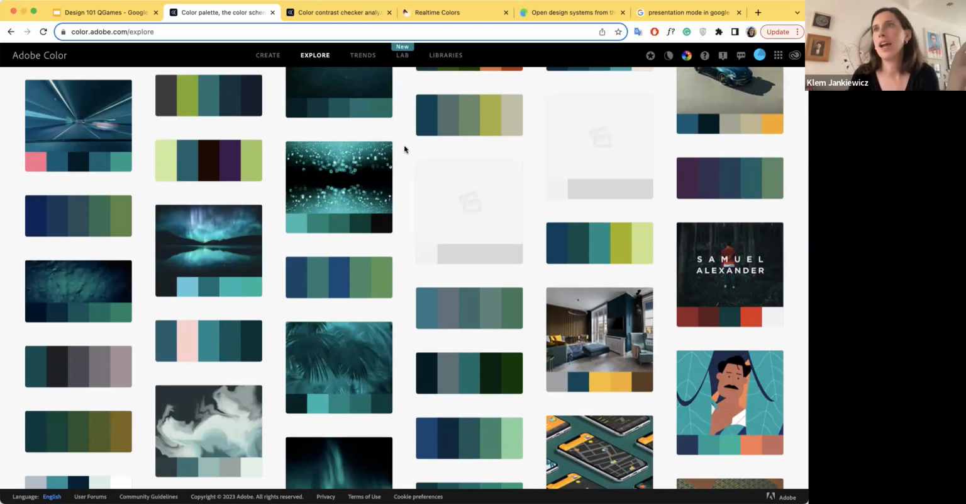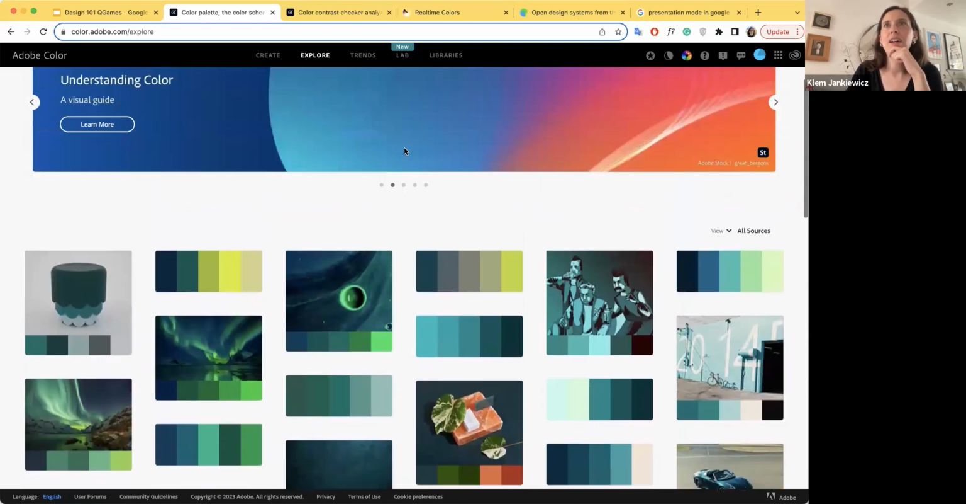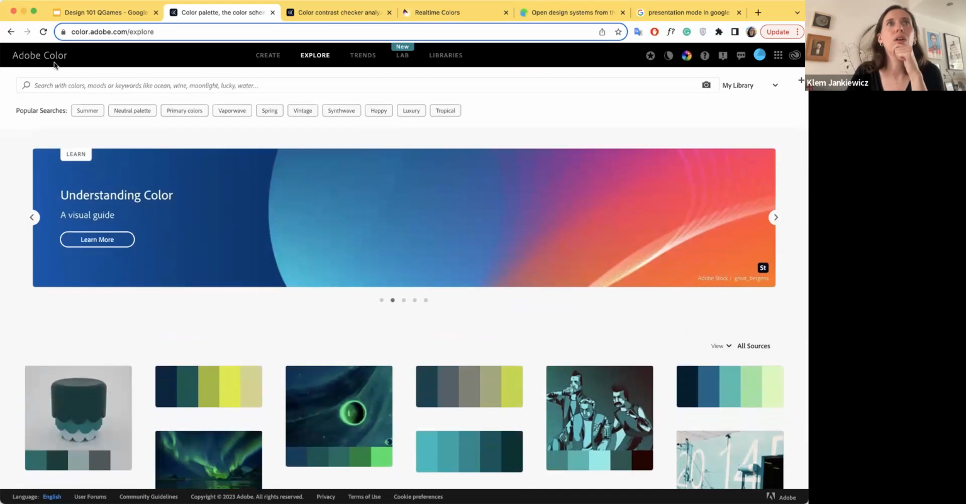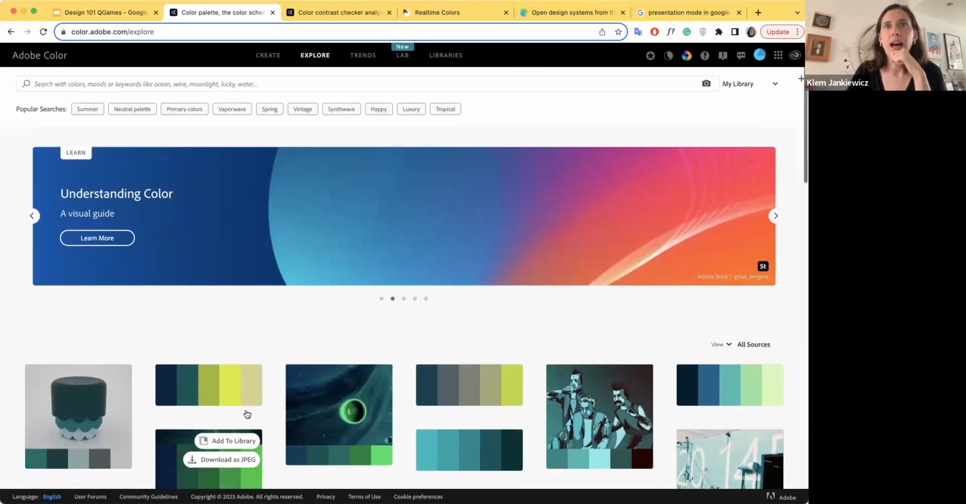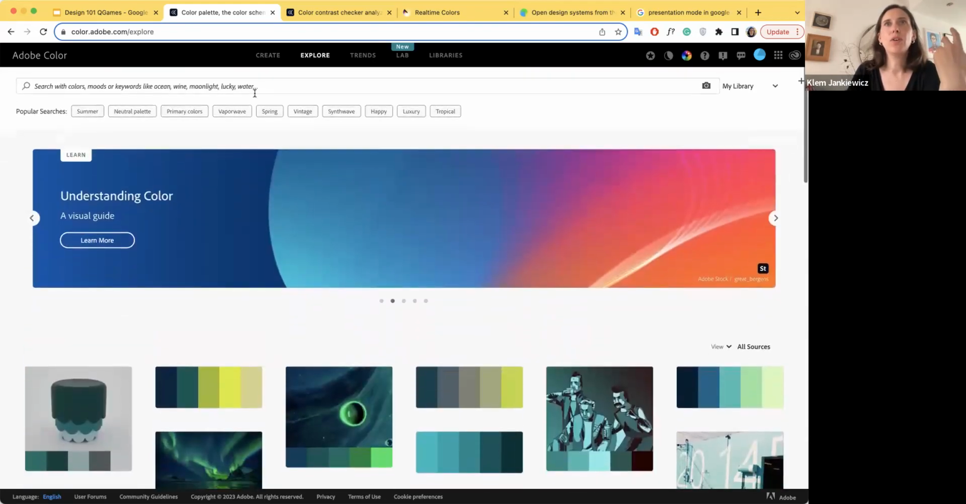All kinds of design. Last year they also bought Figma, which is the main program used for UX or UI design. So they're the main company behind this now. And they have this tool called Adobe Color. For example, you can look for